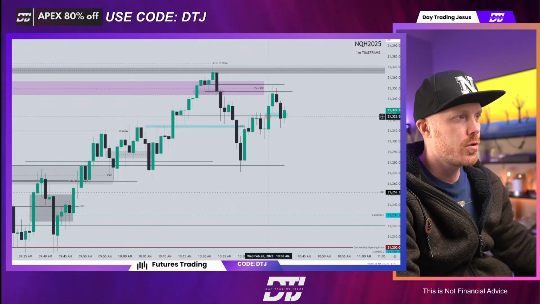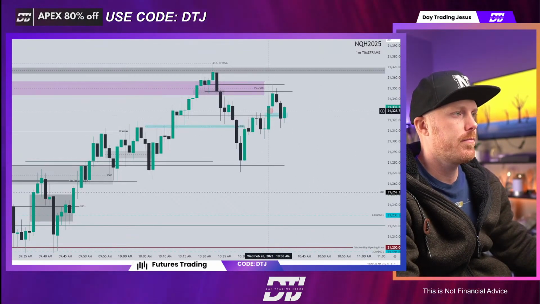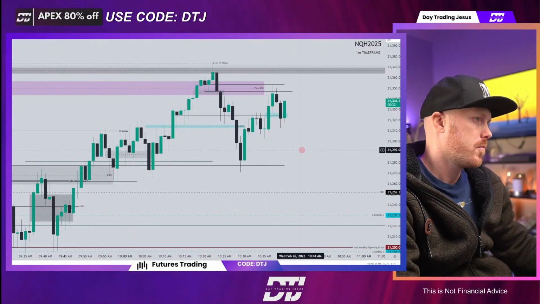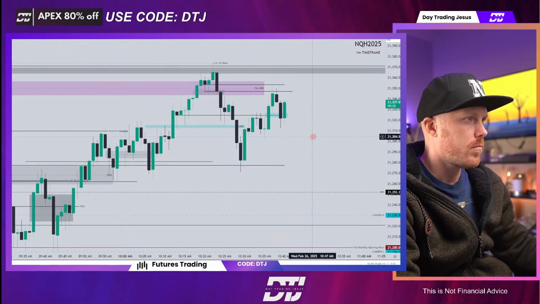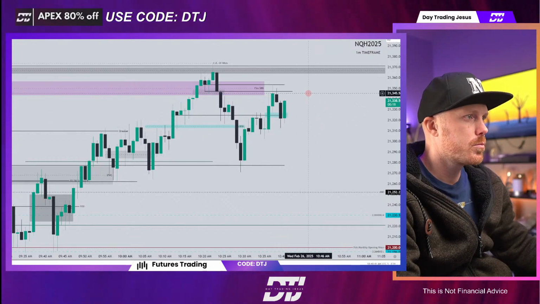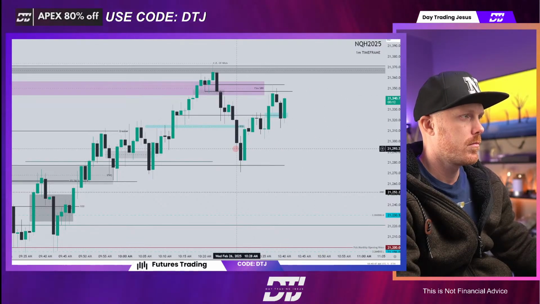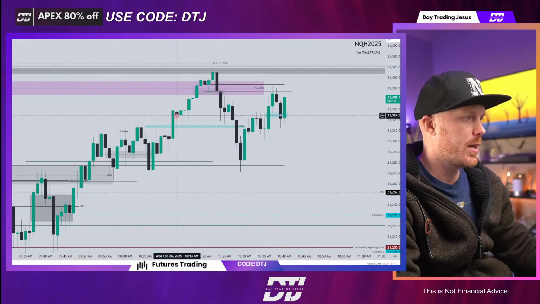We just closed below this inversion right here. I'm not interested in going short with that. But every time we've hit these breaks,